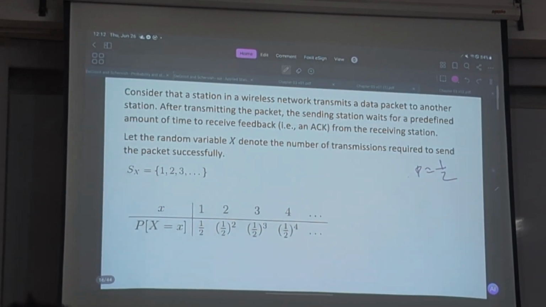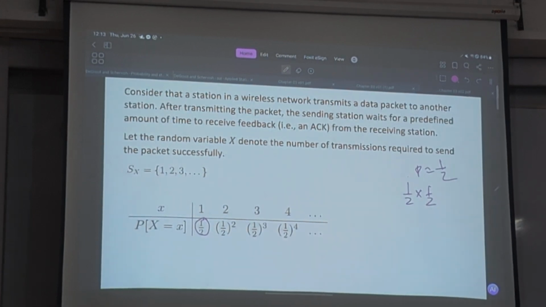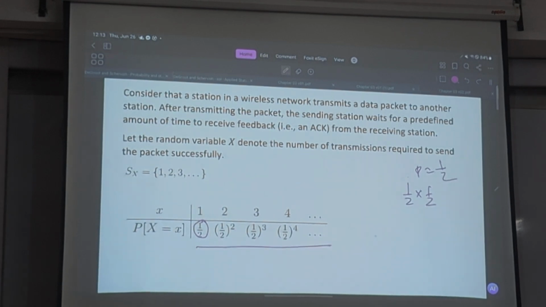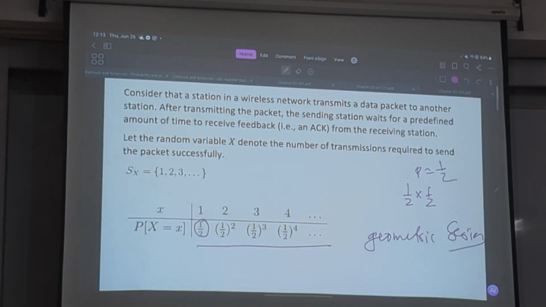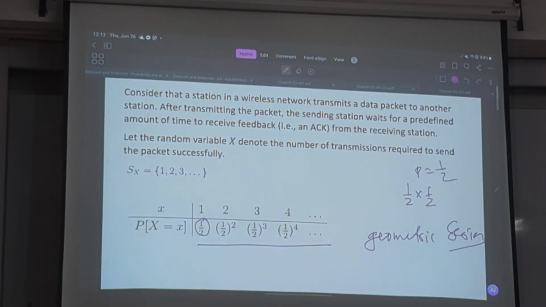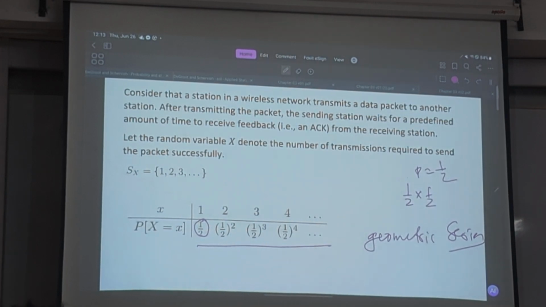And now, if you come back here, we see the first one is half. Second one is half times half. Considering that the probability is half, we have half squared, half cubed, and this is the geometric sequence. And so the random variable is defined as the geometric random variable, and the distribution is defined as